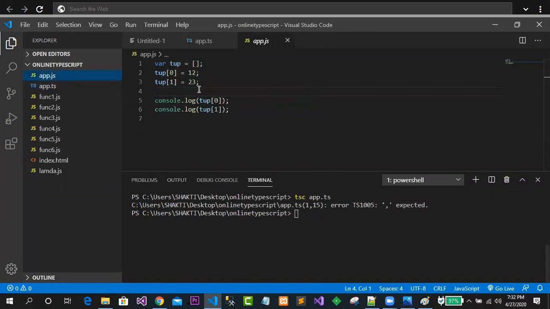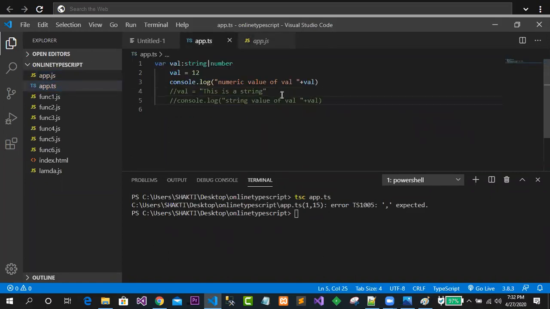So let me just go to app.js. Exactly, the code is not being generated. It is not being compiled well, so that is why the code is also not generating. Okay, so where has the problem come up over here? Let me check it out once again. It is looking fine.